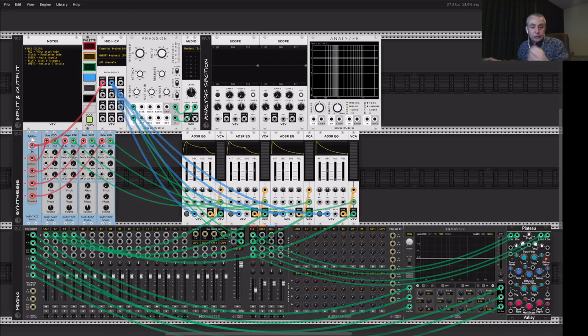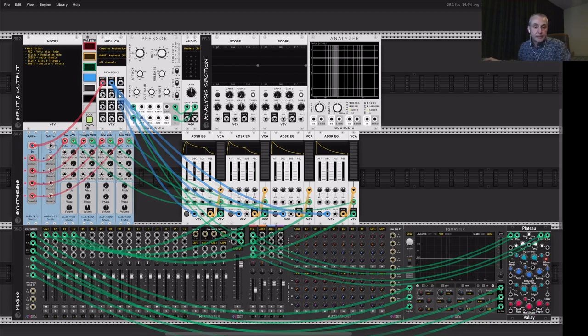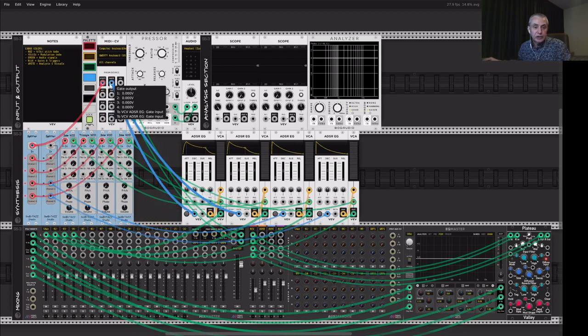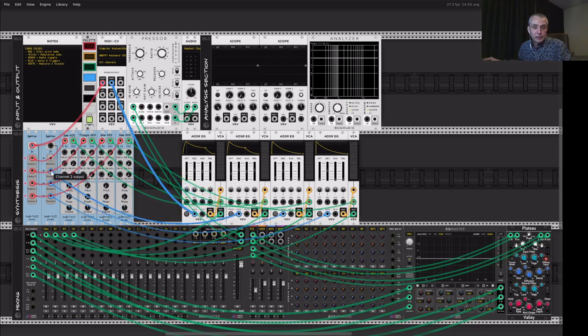So I'm going to duplicate my splitter, and instead of having the gates coming directly from the MIDI signal, from the MIDI processor, I'm going to channel the gates via a second splitter,